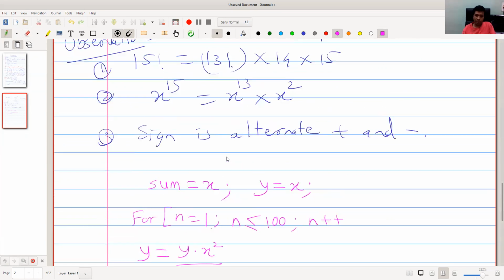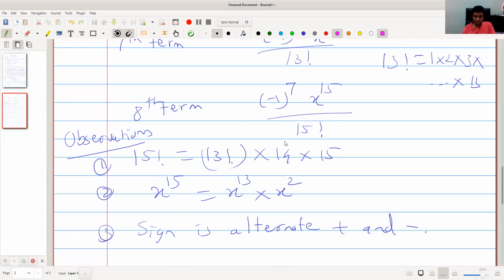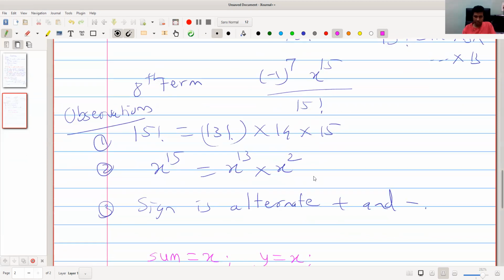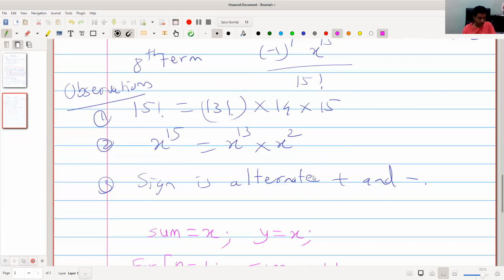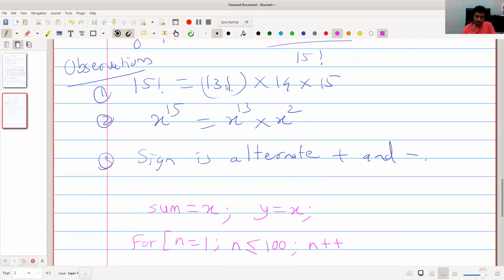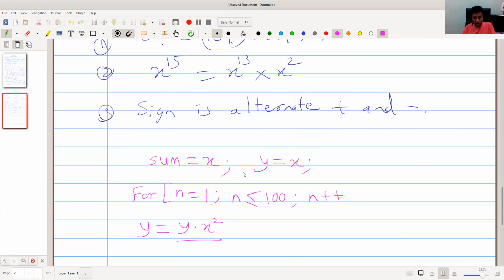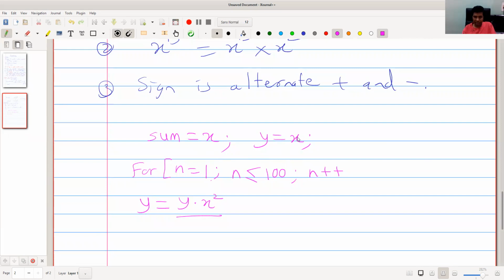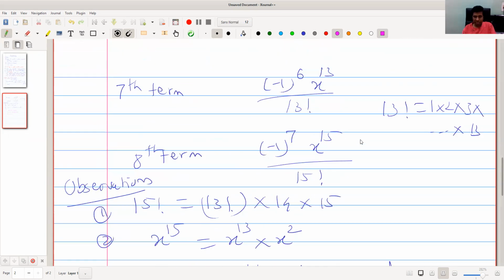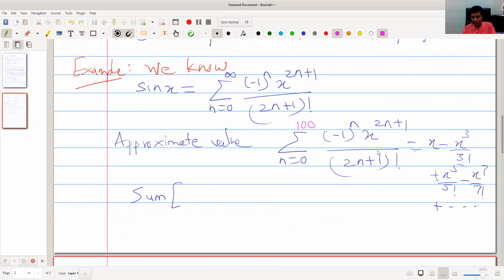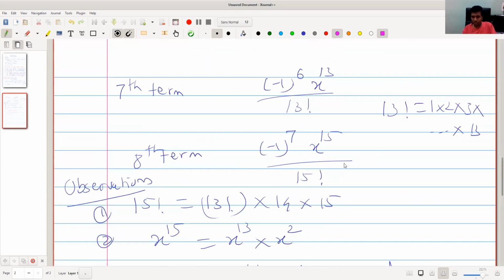Divided by, there is a factorial thing. If I'm already having 0 factorial here, y equal to x means x divided by 1 factorial. x raised to 1 by 1 factorial.